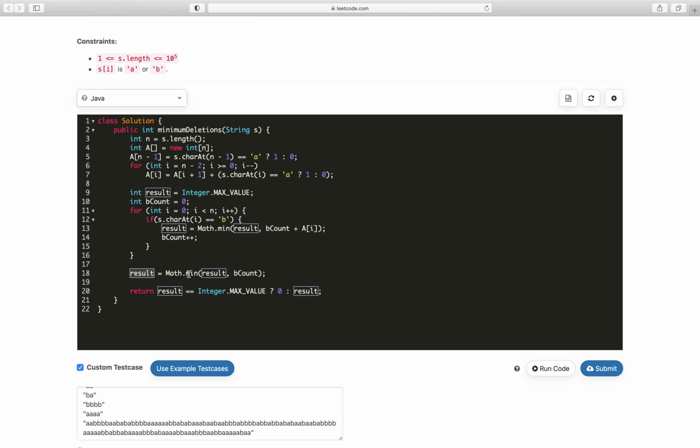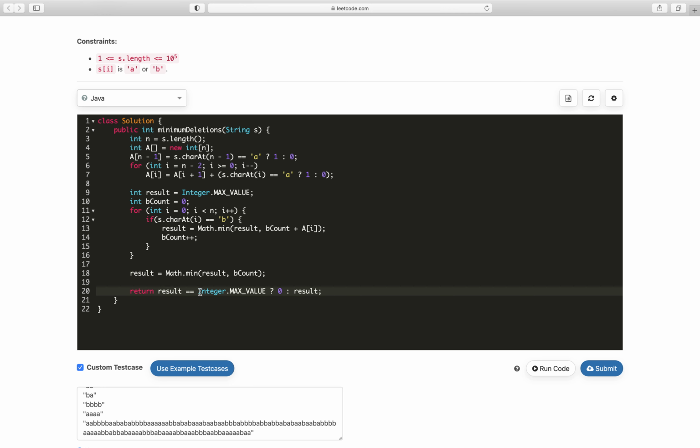In the end we also need to check the case where we don't have B, and the last chunk of characters may need to be deleted. So this is how we check, and before returning we check this.